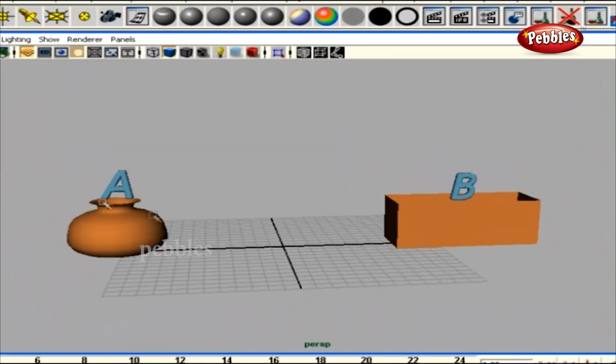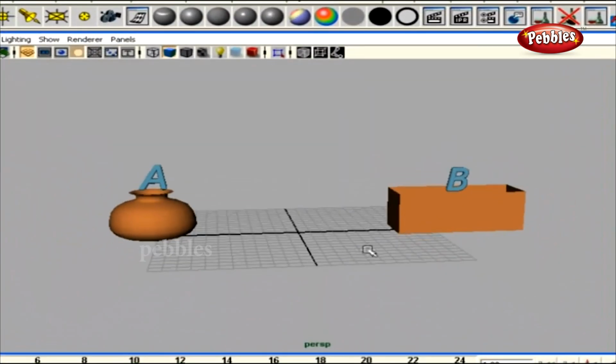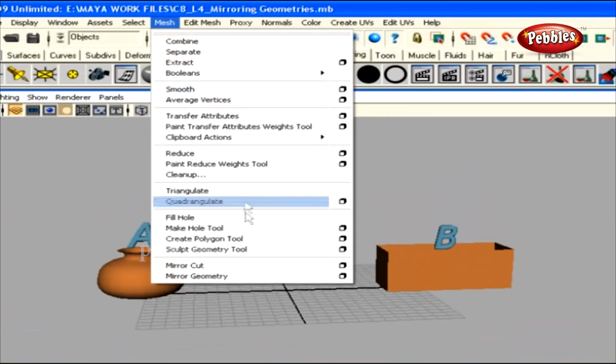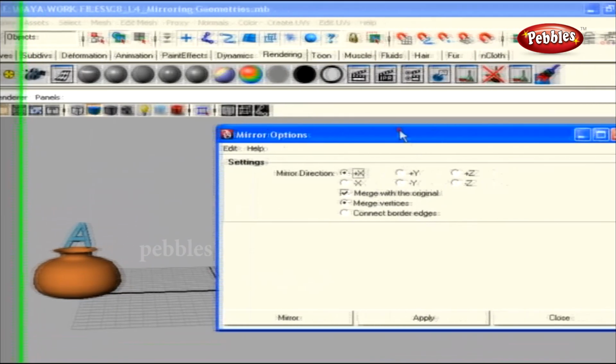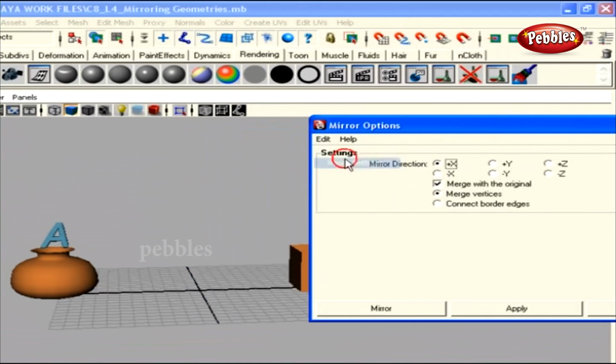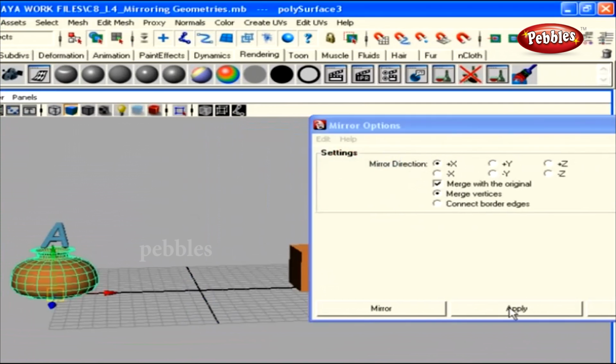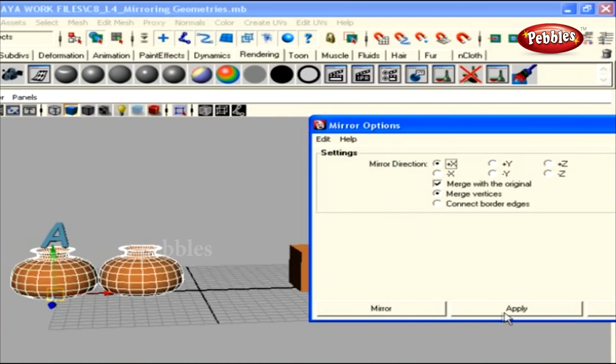Here we have two similar geometries with the names of A and B. We'll go ahead and apply the mirror options that we have to these objects and explore each of these options. Now go to Mesh and click Mirror Geometry option box and reset the setting once, and with the object A selected, click Apply. Look at what you've got. We get the object A mirrored in the direction that we mentioned here, that positive X, and we can specify